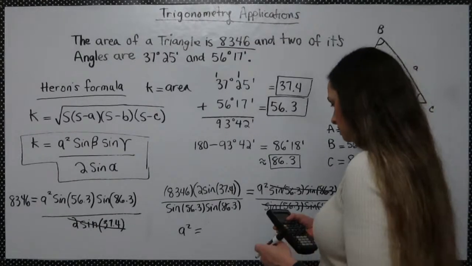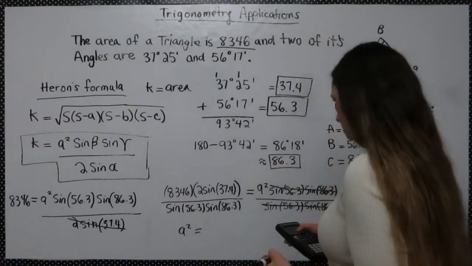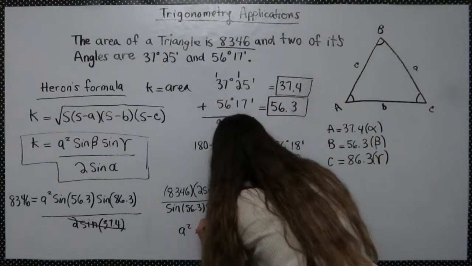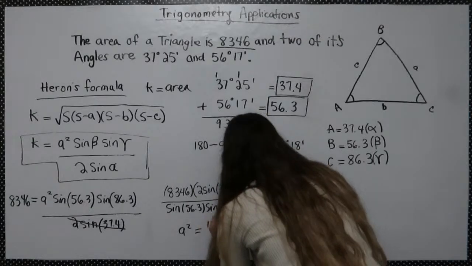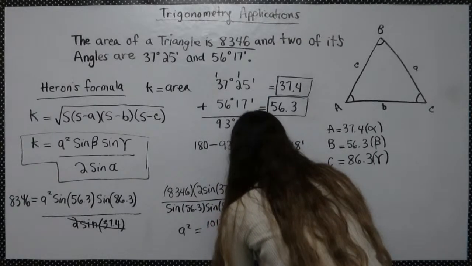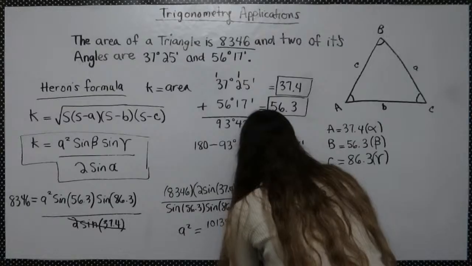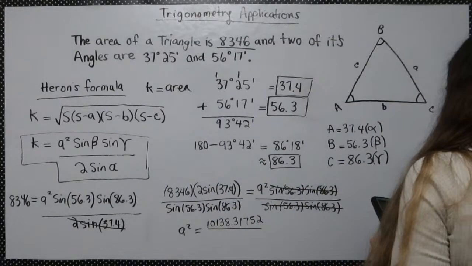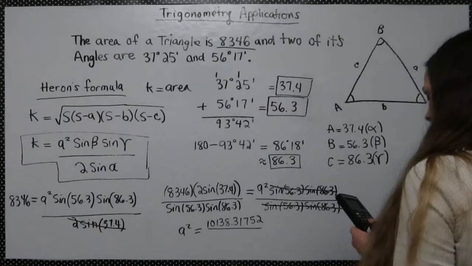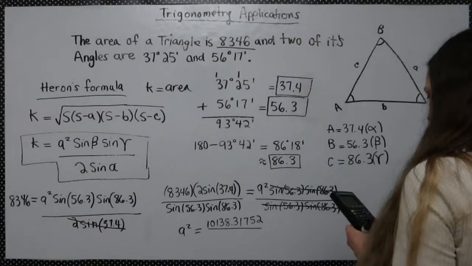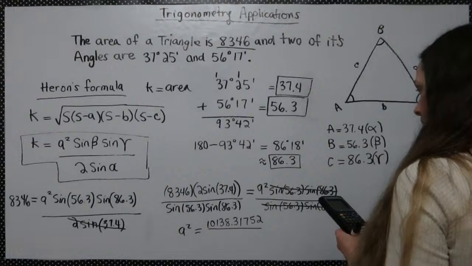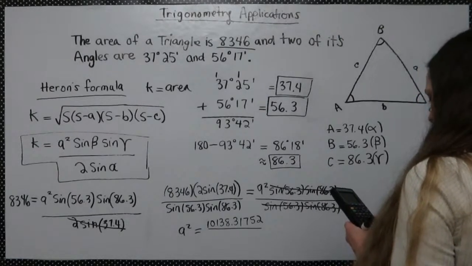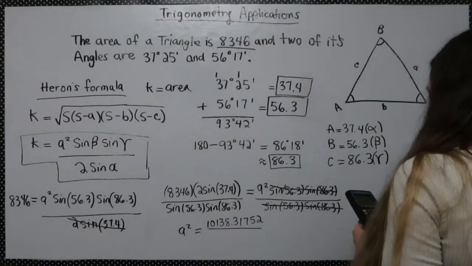And I'm getting 10,138.31752, and that's going to be divided by all of this, and we'll just get a decimal. So we've got sine 56.3, sine 86.3, and